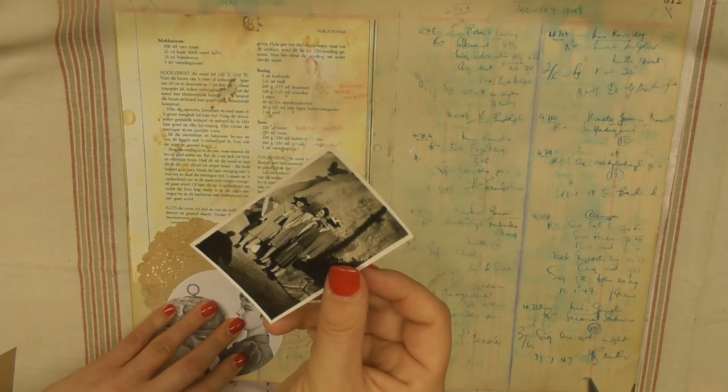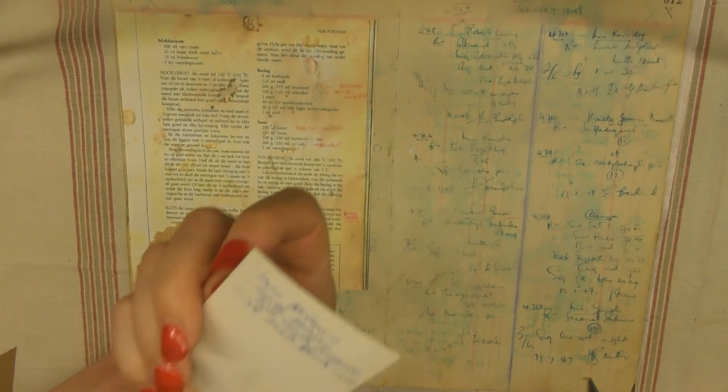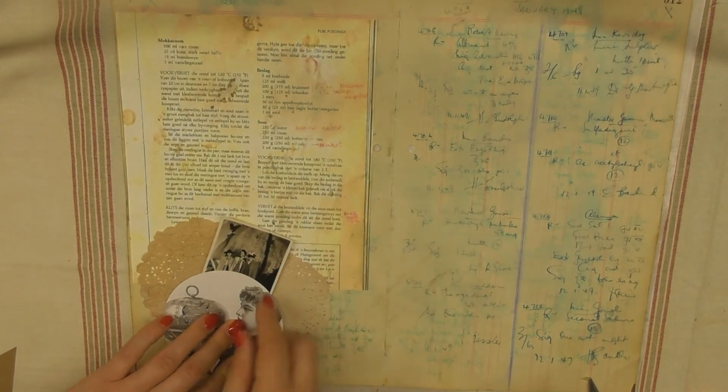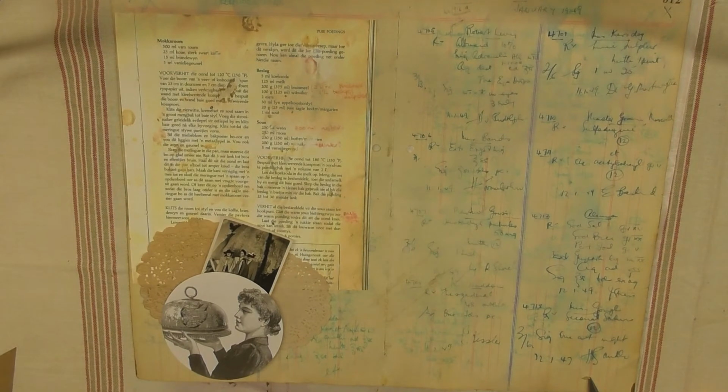These are not my relatives. They are, let's call them found relatives. It's Mrs. Holmes, Edith Holmes, and Edith Fitchett at Fishhook in 1946. It just seems like they probably could have been aunts who cooked. So I like it. I'm jumping around here, but